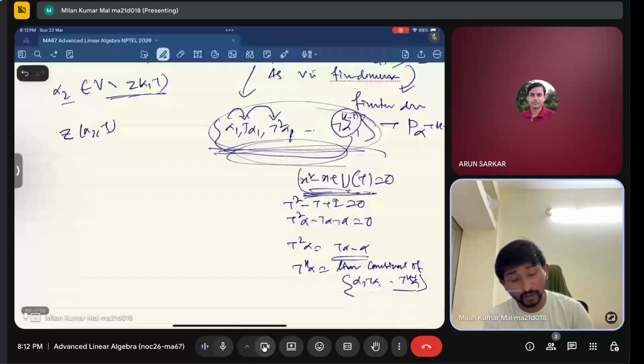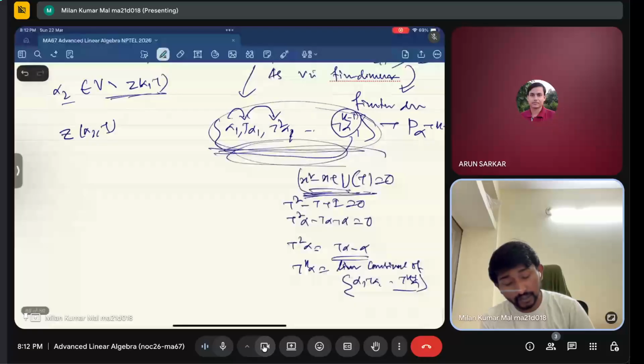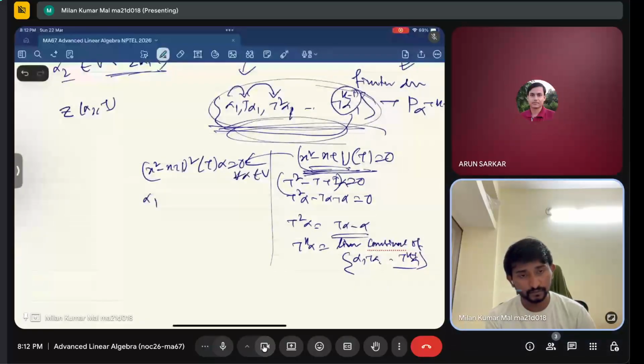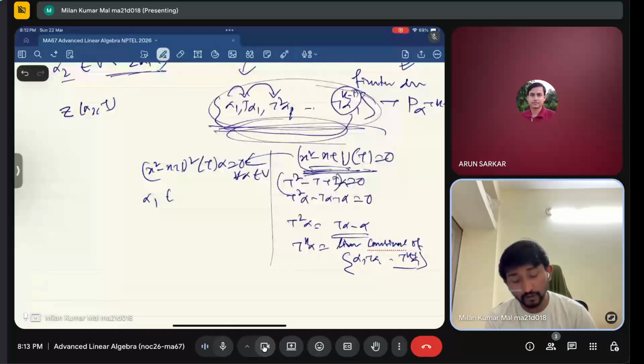My point is that if the minimal polynomial is, for example, x plus 1 squared, that means T alpha equals 0 whatever alpha I take from the vector space V. But whenever I take a specific vector alpha from V, for this vector there may be some lower degree polynomial,